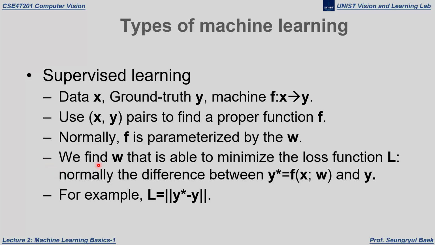So we will find the parameter W that is able to minimize the loss function L. What is the loss function? The loss function L is defined as the distance between